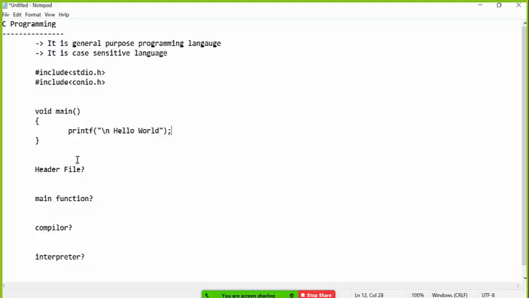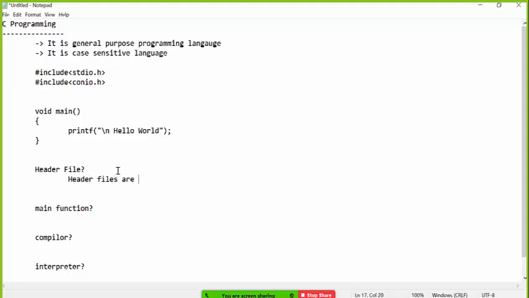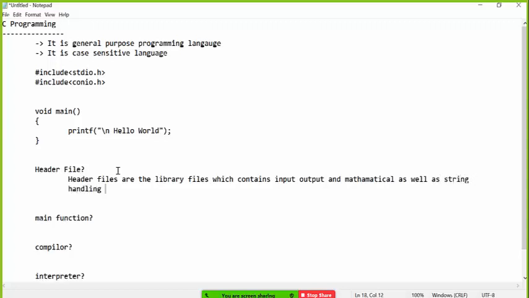C language has a definite structure. You first need to include the header files. But what are header files? Header files are library files which contain input output and mathematical as well as string handling functions, helping you solve complex problems in less code. So the header files are just containers containing many functions, and only by calling functions you can